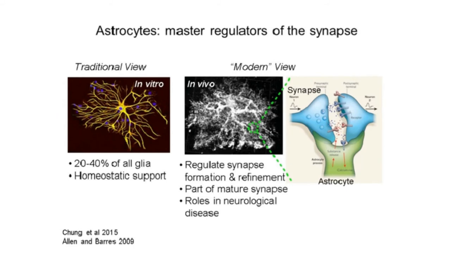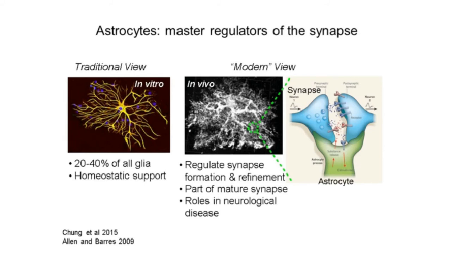Astrocytes are very important players both in the promotion of synapse formation, as well as their subsequent refinement. We now know that every synapse in the living brain is actually covered by astrocyte processes that talk back to the neurons, creating a newer concept of tripartite synapses. And finally, all of these roles in brain development and physiology are, as we appreciate now, coupled to roles of astrocytes in neurological diseases. In every single neurological disease that's been assayed, it seems that there is a role for